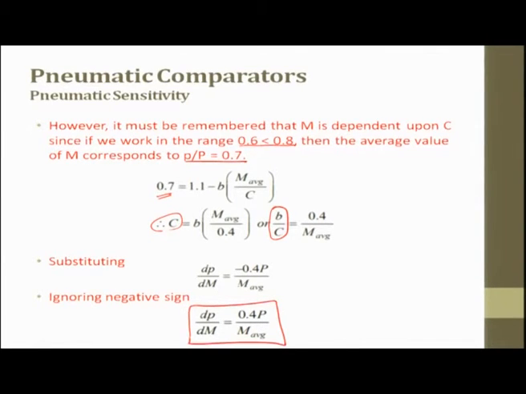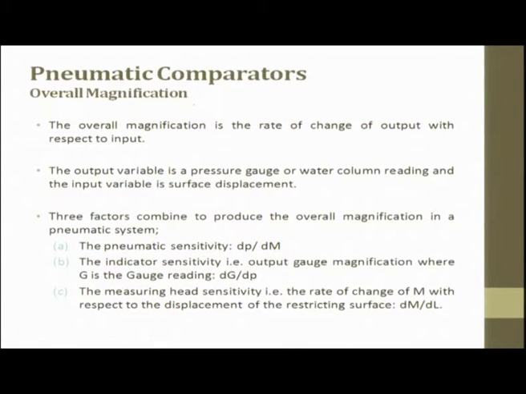So, dP by dm is nothing but 0.4 times P divided by m average. So, this is nothing but the sensitivity. Now, if we want to look at the overall magnification, the overall magnification is the rate of change of output with respect to input, that is magnification. The output variable is the pressure gauge or water column reading, today it is only pressure gauge, and the input variable is surface